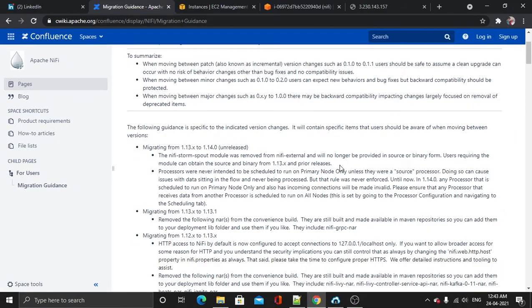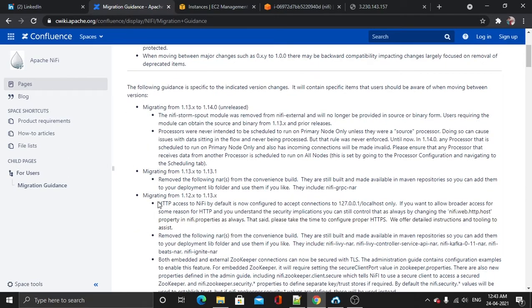Now this HTTP, in this 1.12.x, what is the difference in the new versions is that HTTP access to Nifi by default is configured to 127.0.0.1, localhost only. That is the only IP address which can access the Nifi server. We can't access it from outside, that is from our